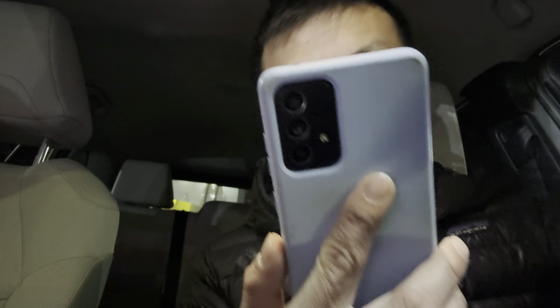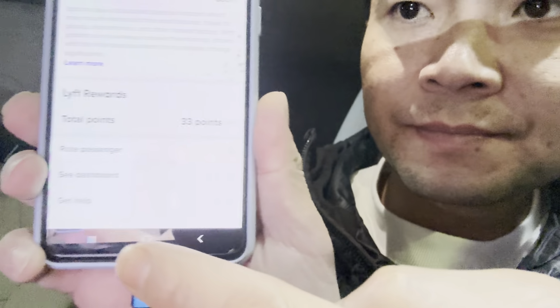The ride that the customer dropped the item, go all the way down to the bottom. At the bottom, get help, and then common issues is the fourth one down. Report found item, and then